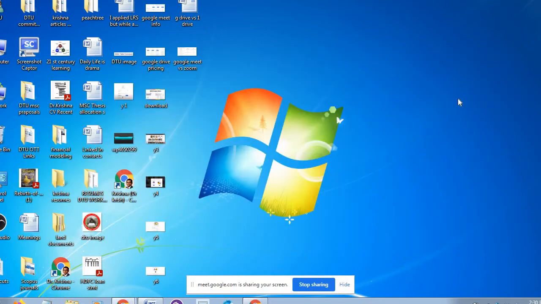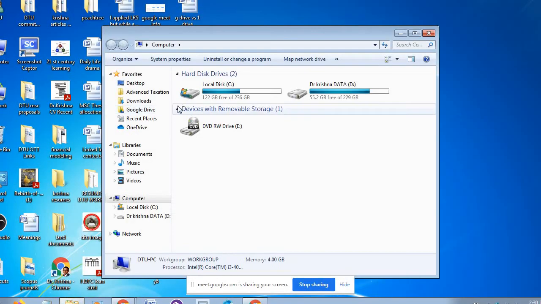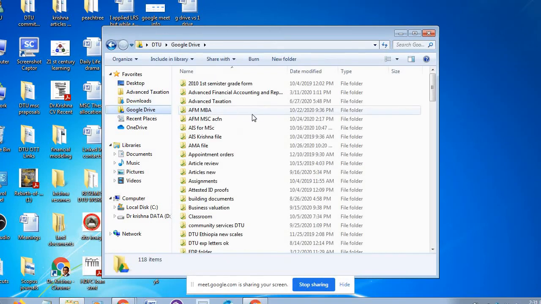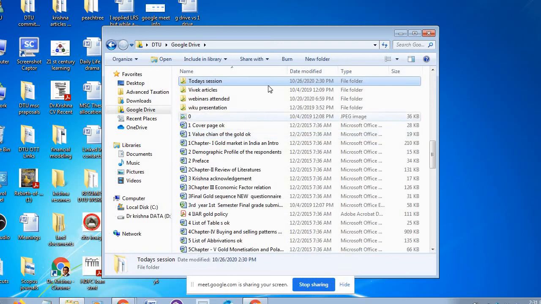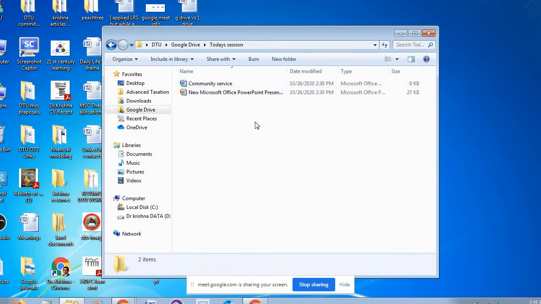Yeah, when you work on this Google Drive, yes, wait a minute. Today's session. When you see, automatically it is being stored. So every time you have to work, if it is important, whether it is a research paper, a community service project, an exam question paper, or grading, it is an important file.